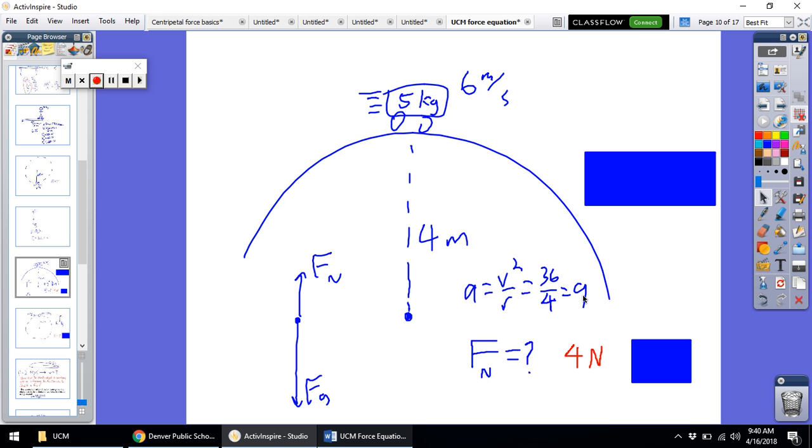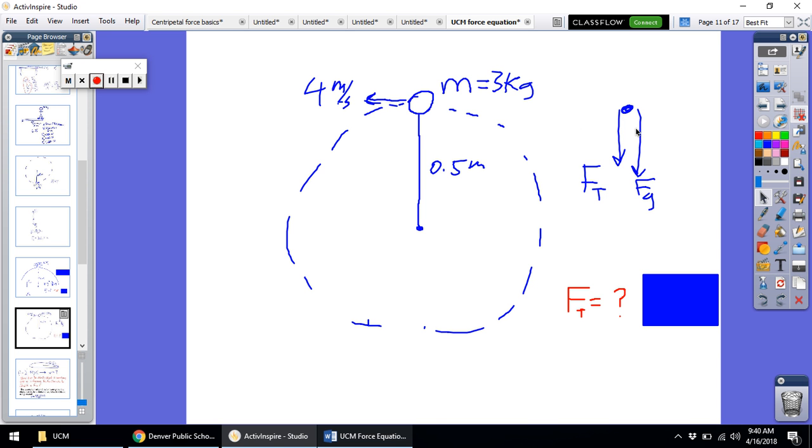So if you're going to do positive 9, you do Fg minus Fn over mass, or you do negative 9 and do Fn minus Fg over mass. In either way, you should get 4 newtons as your normal force, okay? And then for the last one,